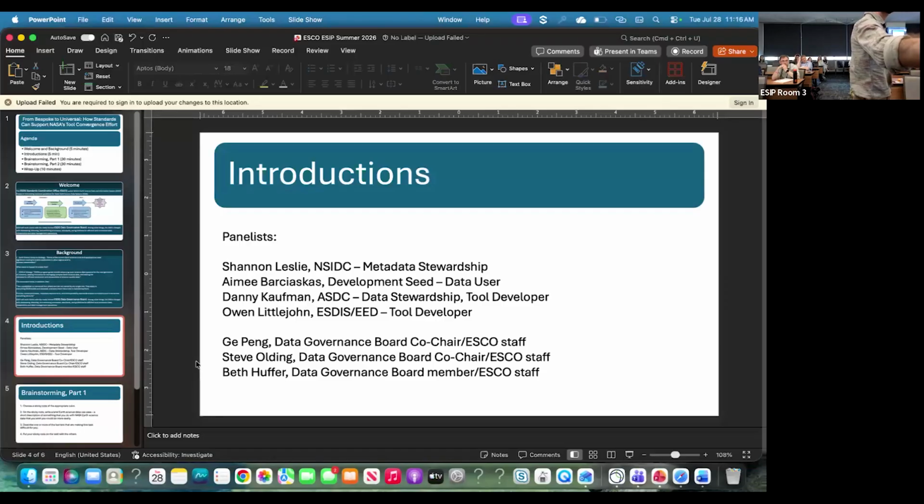If you are a data producer, I could not find one to be a panelist for us today, but if you are somebody who produces data and publishes it for others to use, you are yellow. All right, so